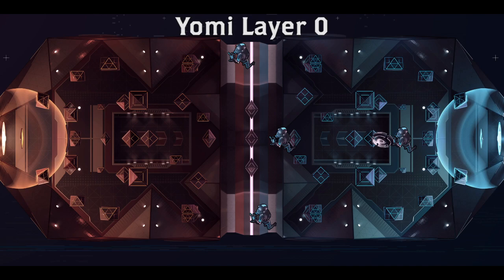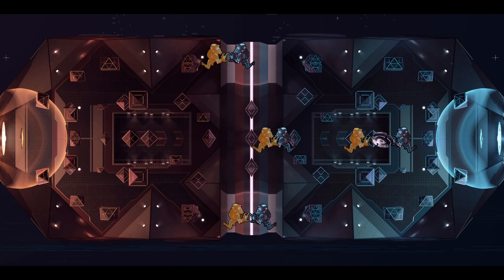Your opponent has discovered that you often rely on this play to get through mid, so they decide to counter with a man coverage scheme as they've noticed this scheme is relatively strong against your standard split. This is Yomi Layer 1. Your opponent has predicted your behavior and decided to counter.